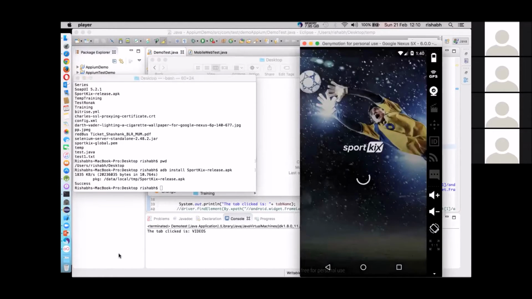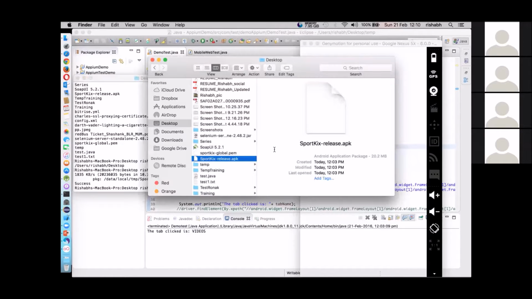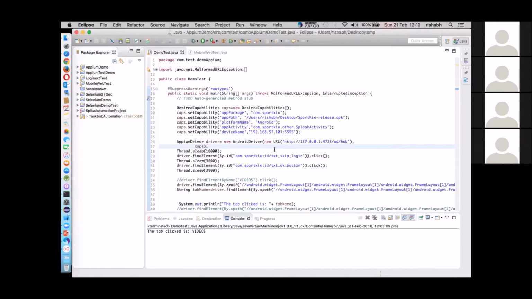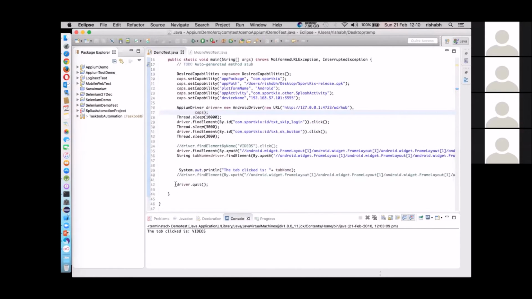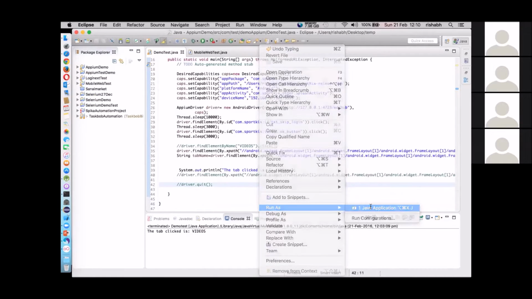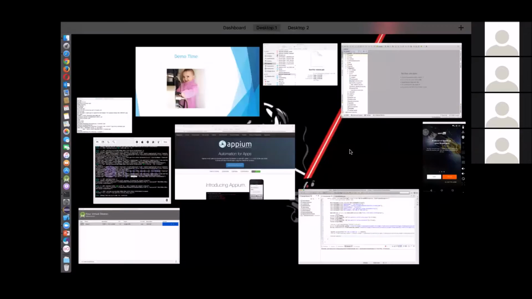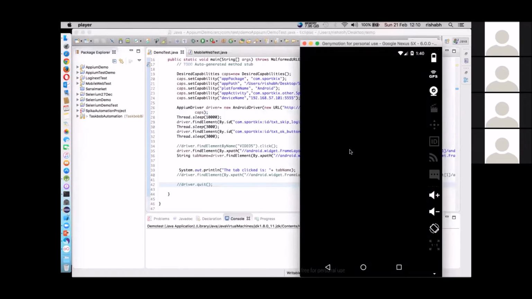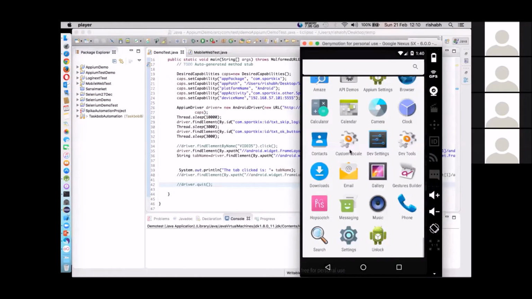Now, if you are known to Selenium, you must be having questions like how you will detect elements, like you detect elements in Selenium. How would you detect them using Appium? For that, let me show you how you can do it. Again, we will run this application, run this automation scenario. So it has uninstalled it.